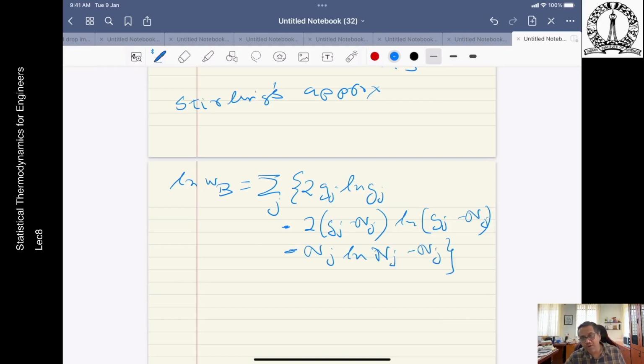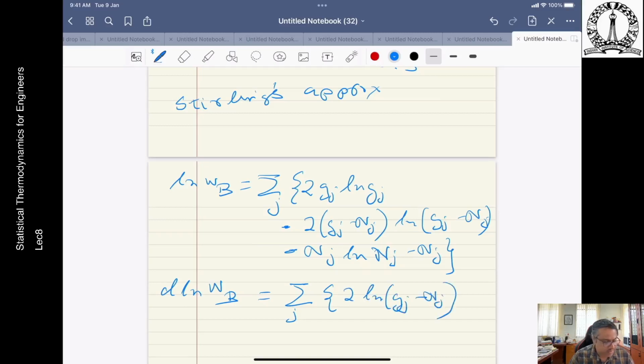So it's a very long expression, as you can see. So now what you do, you differentiate, right? In the differentiation, what happens? Right. So 2 ln Gj minus Nj minus ln Nj